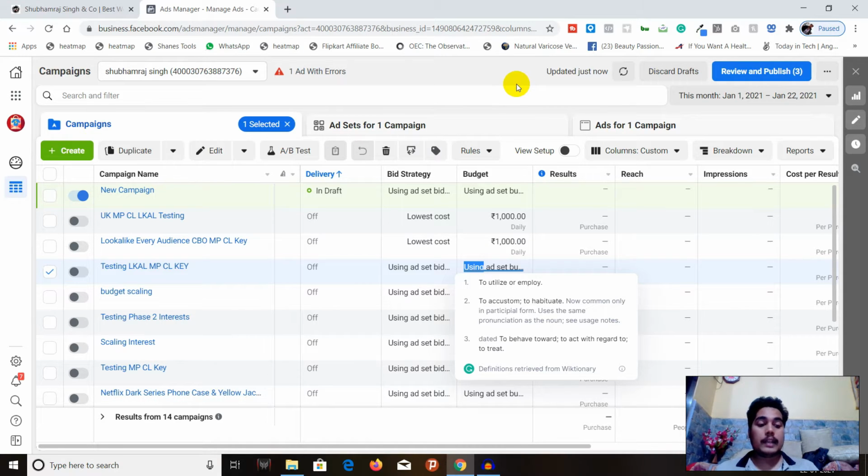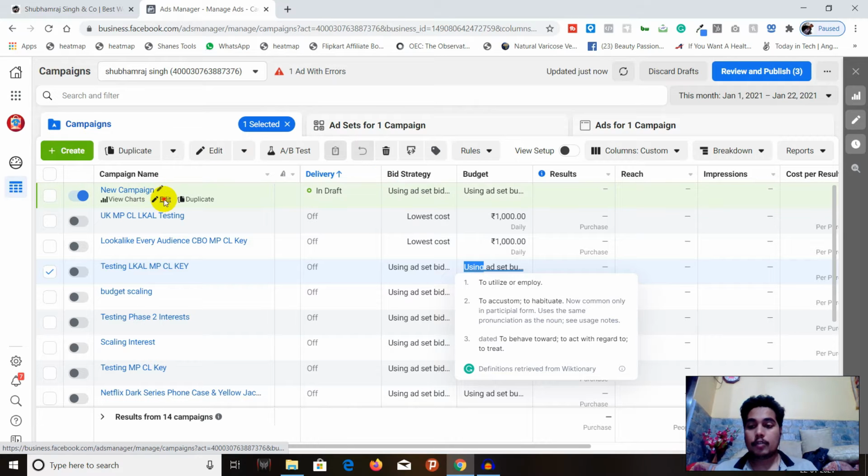In the Facebook campaign level, you can select the objective, and you can give a budget to the campaign. CBO is a campaign budget optimization, where you can give a budget to a whole campaign. It is not a very new thing, but it's not more than 2 years old. As well, there is also a budget option at the ad set level. So let's go and see the different things in the campaign.